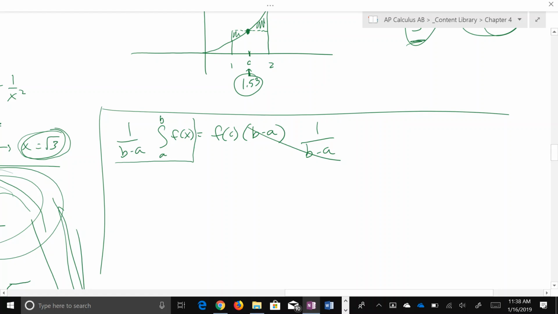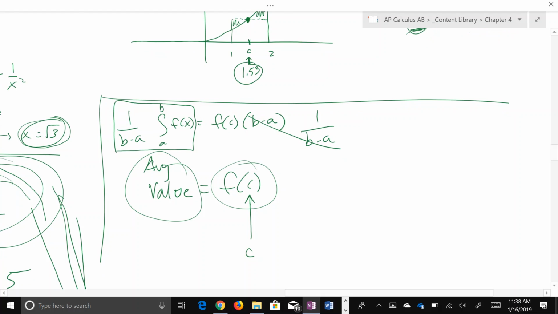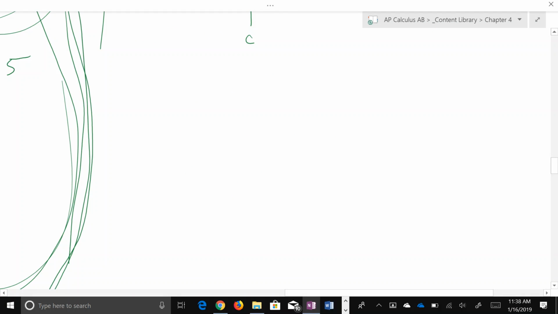So this is average value equals my function. So mean value theorem says that you take the average value and set it equal to the original function, and you're trying to find the c. C is the x value, okay? So it's at what point does the average value happen? Does that help? Kind of put a bow on it? All right. So what we need to do is we're going to talk about